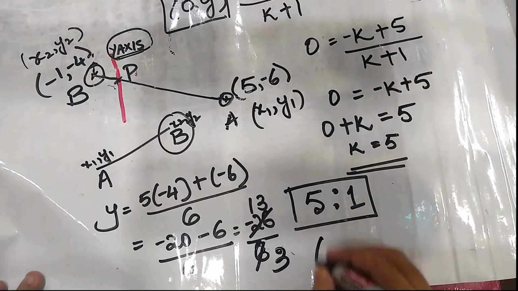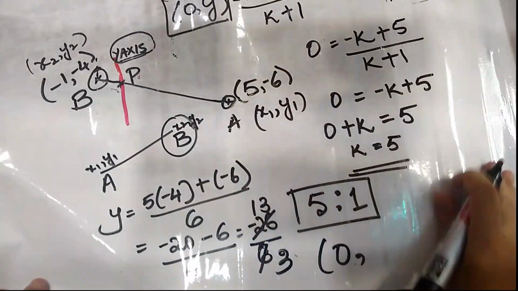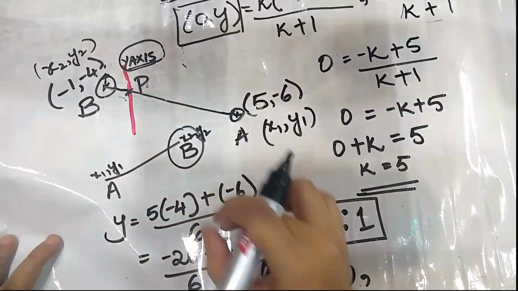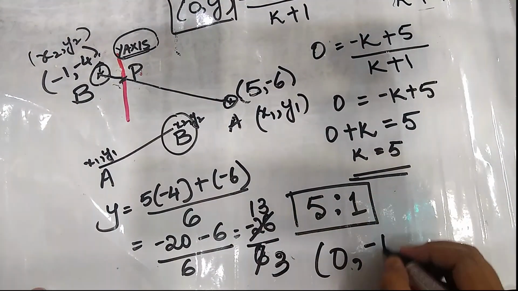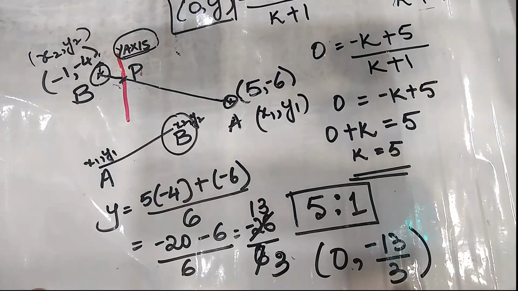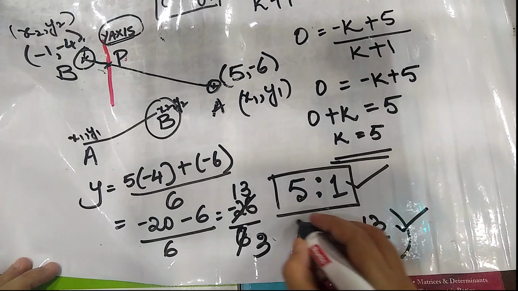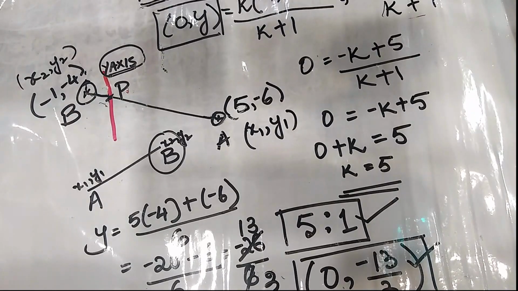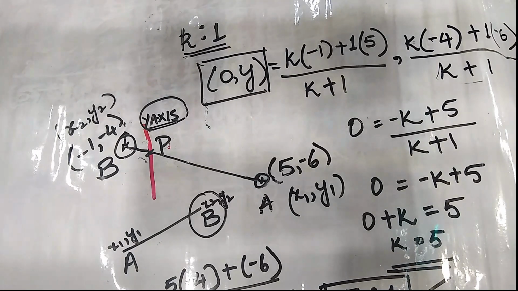So your coordinate is nothing but, the x coordinate will remain 0 itself. You can't really do anything because it's the y axis where your intersection is. So on the y axis, your x coordinate is 0. So 0 comma -13 divided by 3. So this was your first part answer, and this is your second part of the answer. That was simple. So these problems were a little complicated, and now let's see if we have a few more problems.